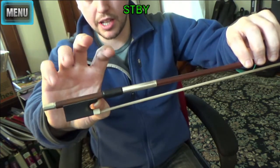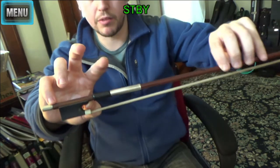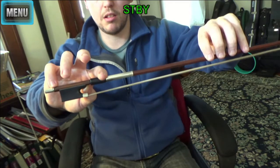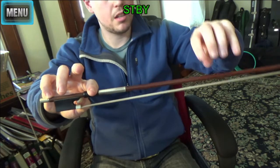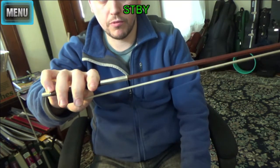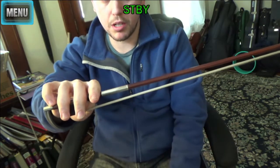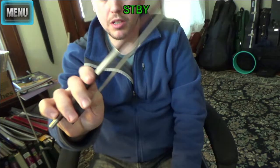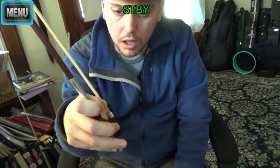Next, we're going to take our pinky, I'm going to set it on the screw, and then I'm going to take my index finger and lay it on the pad, and at this point, I'm going to take my left hand and let go. Next step, just take these two fingers and drape them over the bow. And that should give you, as long as this thumb remained bent,